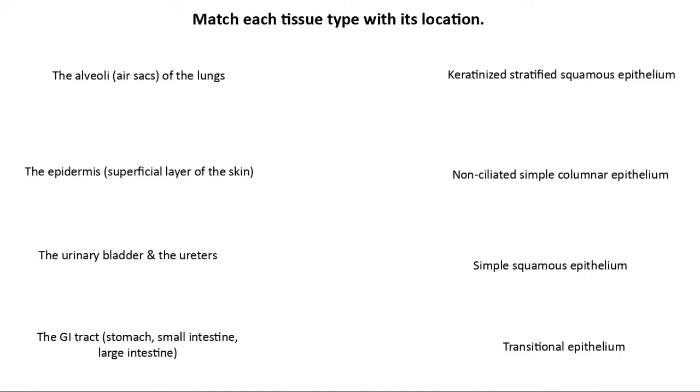Rather than going through and telling you all of the locations and all of the functions of all these tissues, which is super boring, we've compiled a document for you that has all of those locations and functions. There are more than what you need to learn on that list. You need to learn the ones that are in bold. So if you see any on that list that are not in bold, that's locations that might help you out in A&P2. But for the sake of A&P1, we are focusing on all of the things that are in bold. So the Tissue Location and Function Guide is an absolutely must-have document for this week,